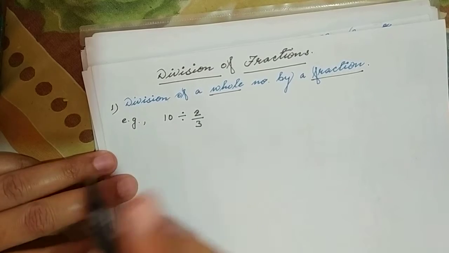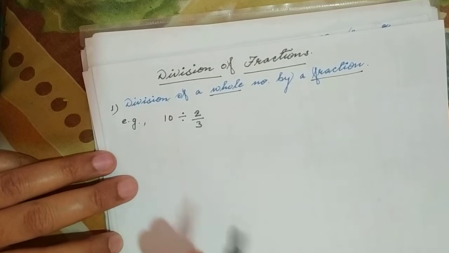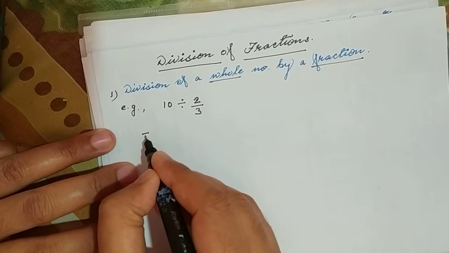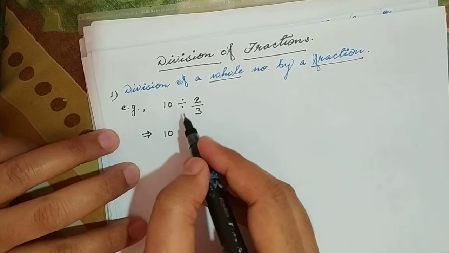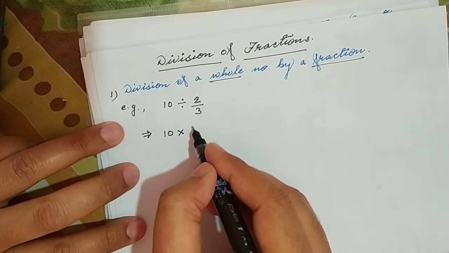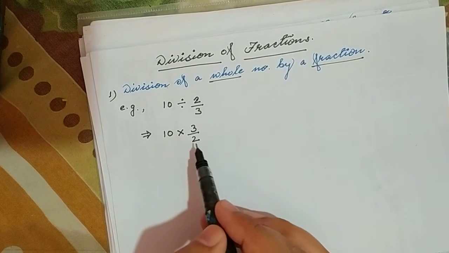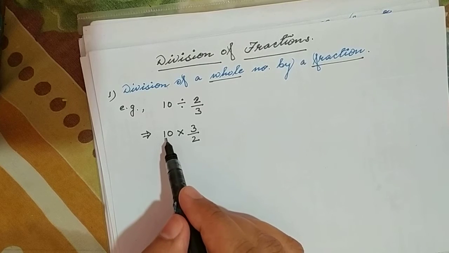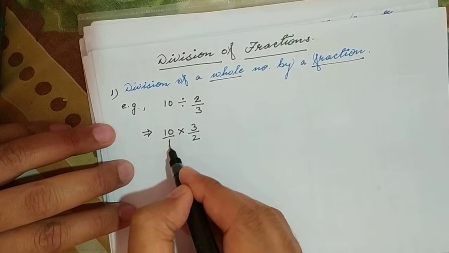So simply, as I told you earlier, कि after performing one or two steps, we all apply the same rule whatever we had done in multiplication. So this can be written as 10. Simply change the sign of the division in multiplication. Multiplied, and this 2/3 will be 3/2. So now you see in this second step, it is converted into multiplication of numbers. And this 10 also can be written as 10/1.